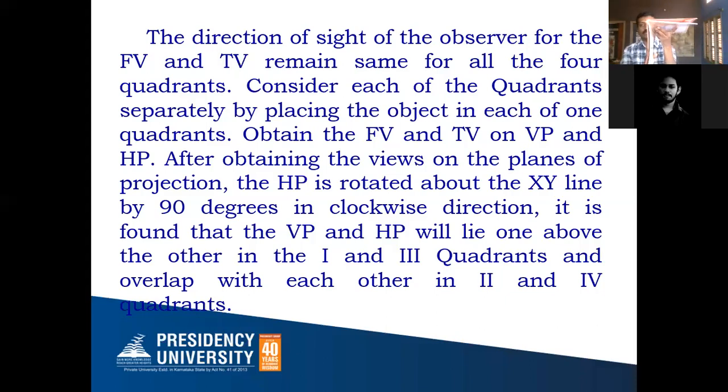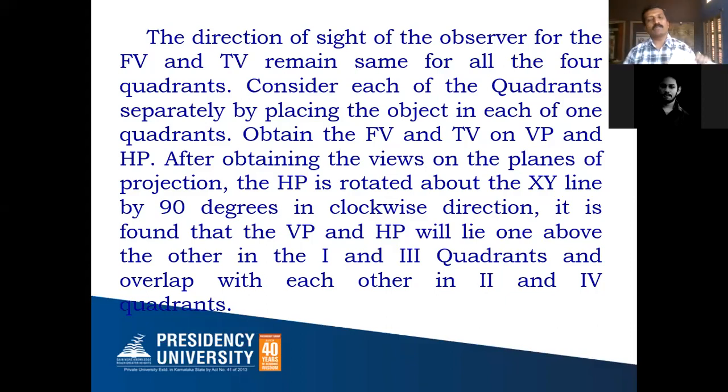Now coming to the third quadrant. So this is my third quadrant. The object is placed here, below HP and behind VP. The observer is standing near the first quadrant only. And we assume that it is transparent. That's why I am able to see the top view here and the front view here. So here also, to draw the front view and top view in the same two-dimensional plane, I need to rotate the horizontal plane by fixing the vertical plane. So I'm rotating the horizontal plane by 90 degrees in a clockwise direction. So this is the intersection line, the XY line. This is HP and this is VP. Here you're going to get the top view and here you're going to get the front view.